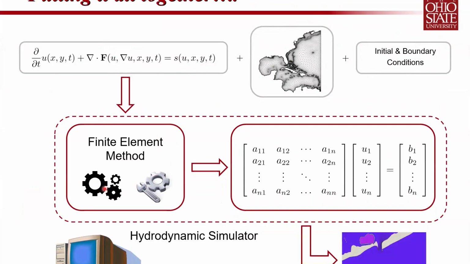And ultimately what this does is it converts all of this information into a giant system of linear equations that we need to solve. And so you can imagine, for example, this vector here is just the set of unknowns that we would be solving for. So for example, the water surface elevation. And let me display this. And as we get those results, that ultimately then gives us the computer simulation that we need for a given situation.